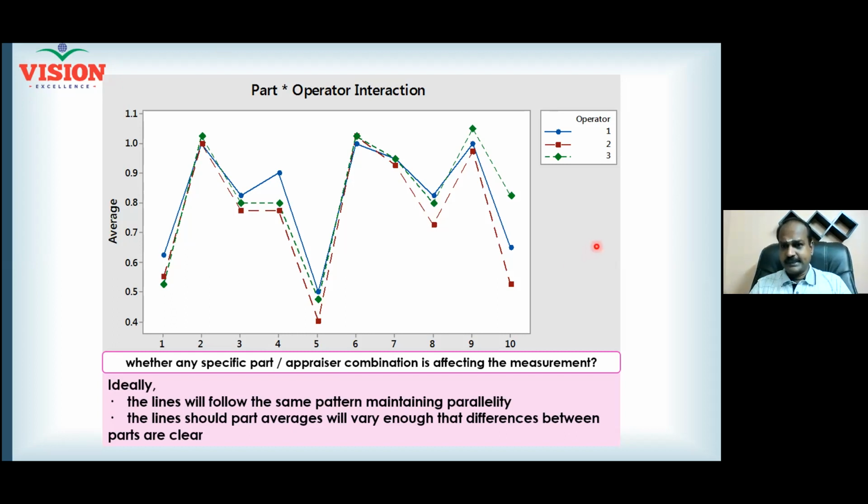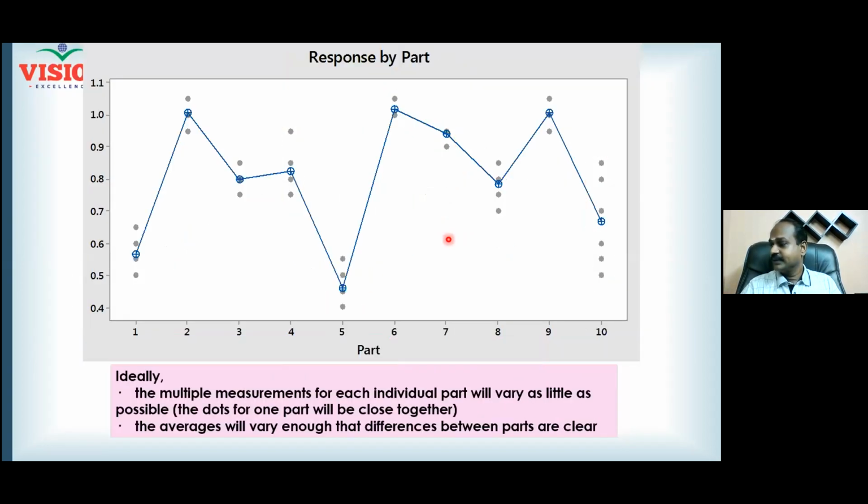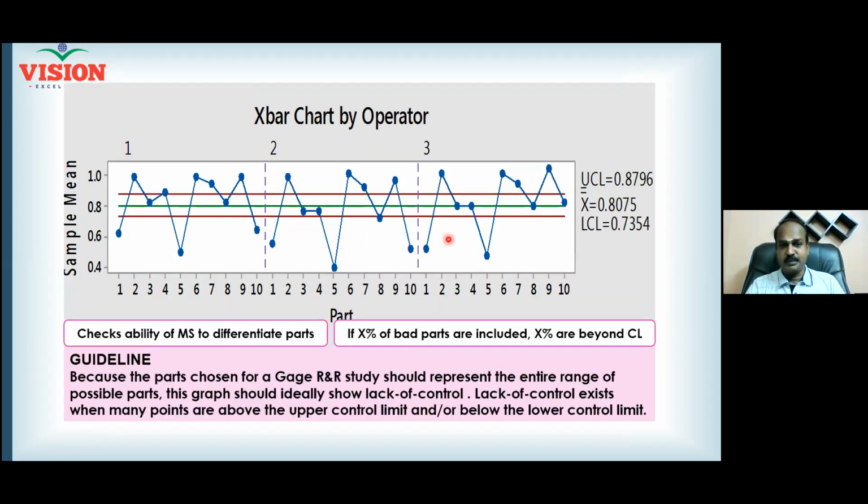So what is expected is that we expect the lines to be parallel. If the lines are overlapping, that's great. Please note, this is nothing but the overlapping of the X bar chart you have seen earlier. I'll show it again for your information. And see here, your X bar chart. The first one is blue. This one is given now as green color, and this is given as blue, red, and green. And this is the pattern.